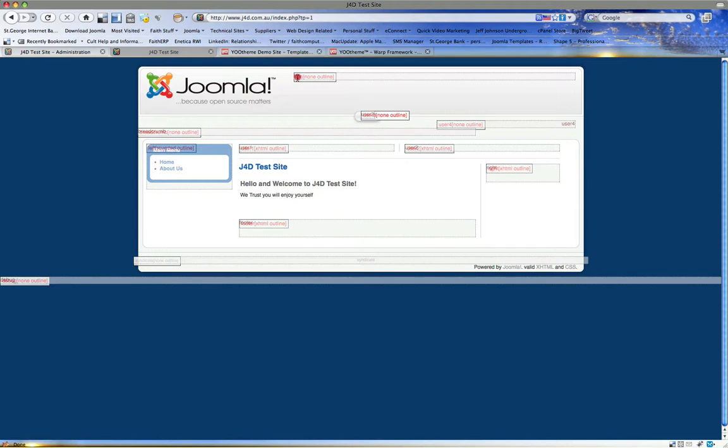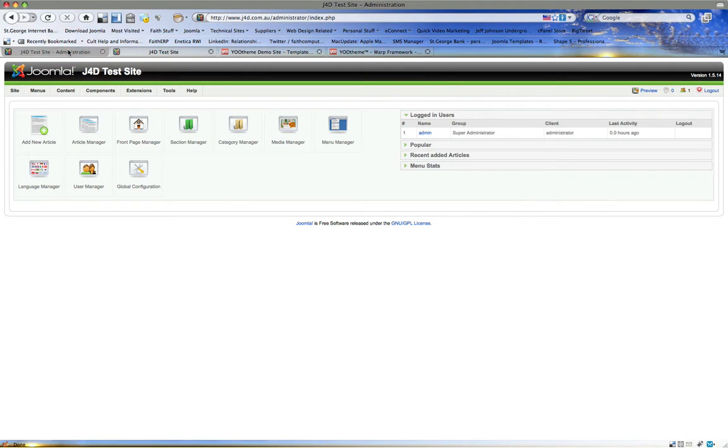We've got the top module position here, user 3, breadcrumbs, user 4, user 1, user 2, right, left, and footer. As well as this one, which is called syndicate. Now it doesn't matter what they're named, they're just named. Now let's go